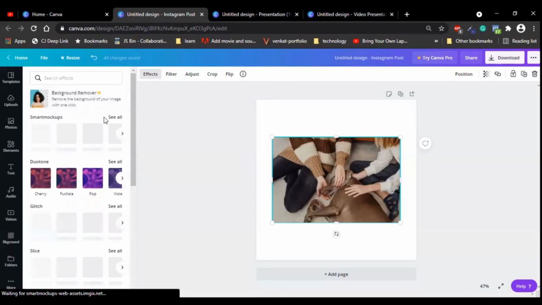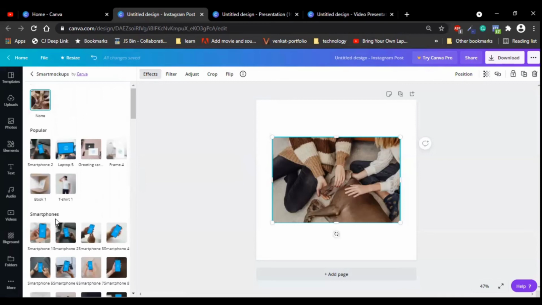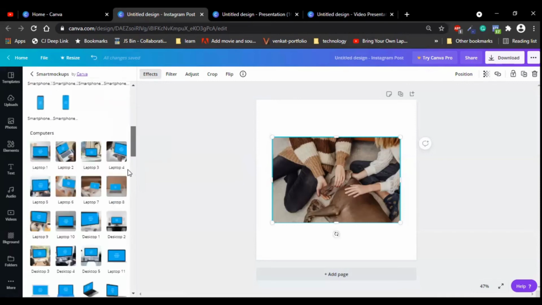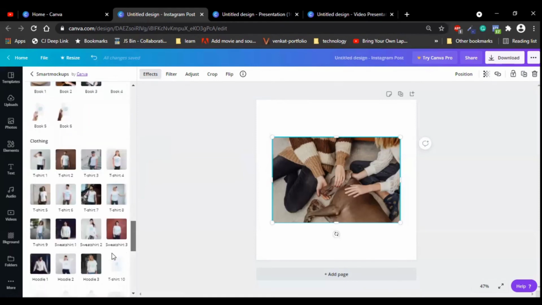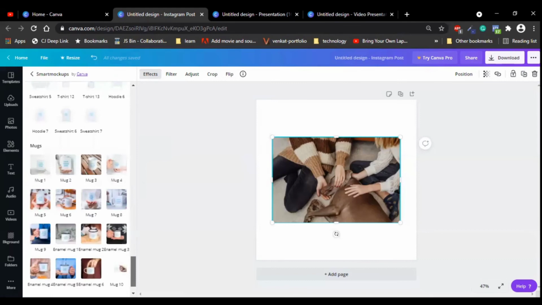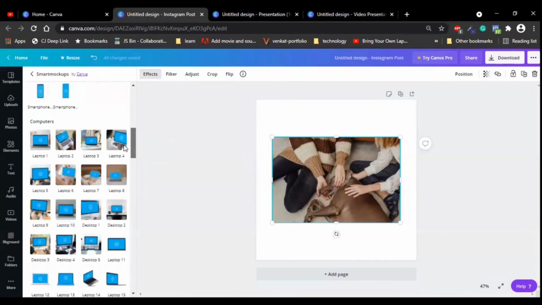If you click see all, you can see all the smart mockups, like popular ones, smartphones, other computers, cards, books and clothing. Everything in smart mockups is available here. This was recently updated in Canva.